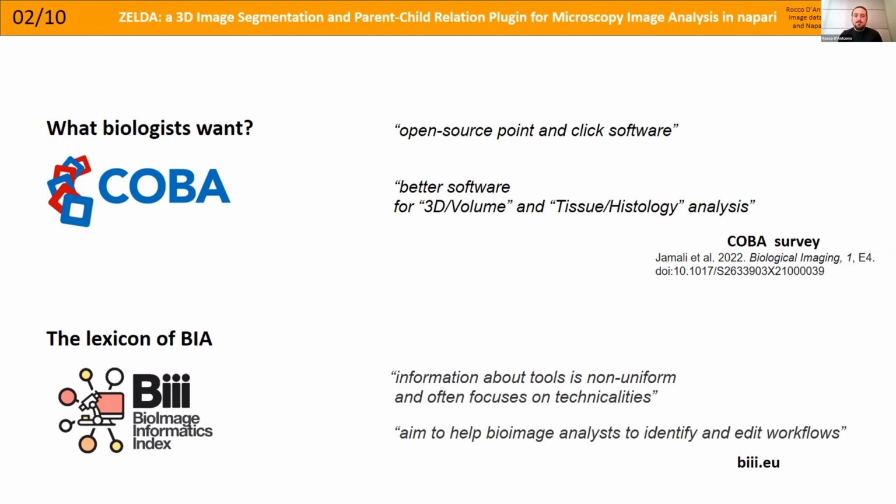On the other hand, in some cases the lexicon used in bioimage analysis is very technical, so it's not something that is really accessible to everybody. Despite that, there have been initiatives like the Bioimage Informatics Index in order to tag software and try to achieve a way to communicate between different fields. In some cases, it can still be difficult to read the documentation and understand really what a function does. So for this,